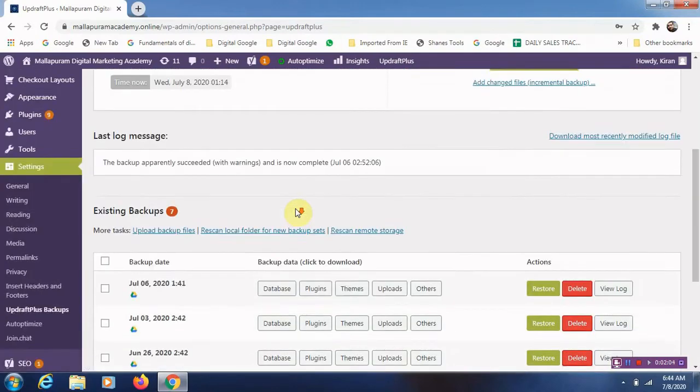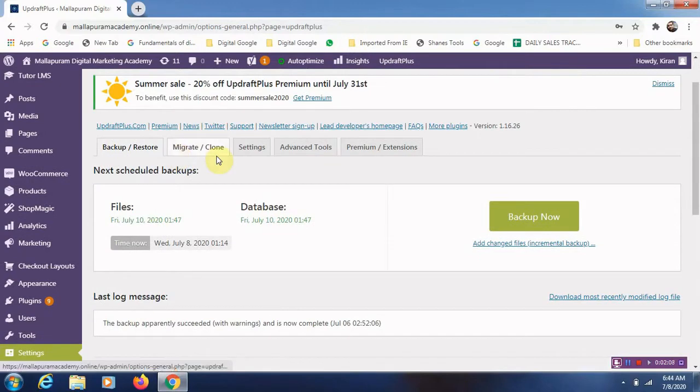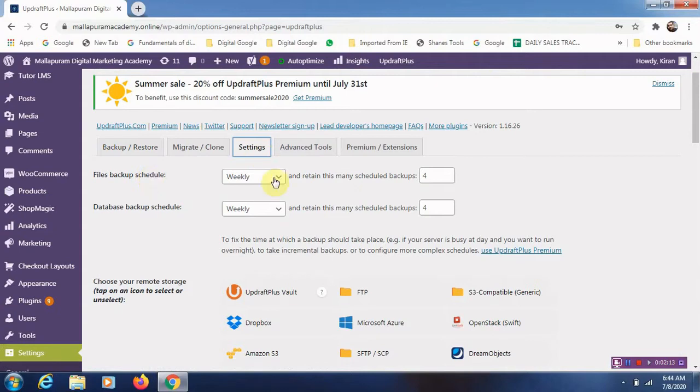You can activate there and come back here and click on settings. Once you click on settings, you will find this window, and in this also go to settings. Before you back up anything, go to settings and decide on the schedule. If you click on this, whether you want it every 2 hours, 4 hours, based on your data or your work, you can choose every 2 hours, daily. I would recommend you to keep it weekly, because whatever changes you make to your website get automatically updated weekly. And how many should it keep? The 4 days. Retain this many scheduled backups: 4. You can increase it or decrease it.